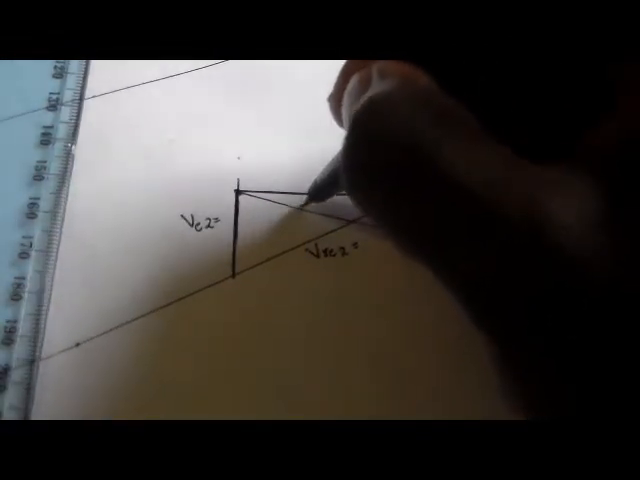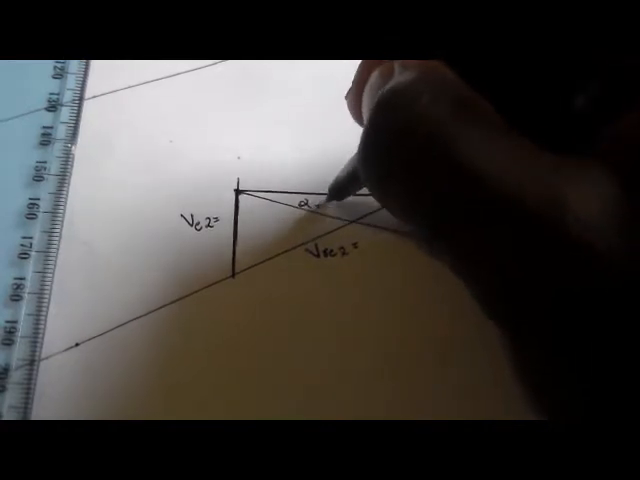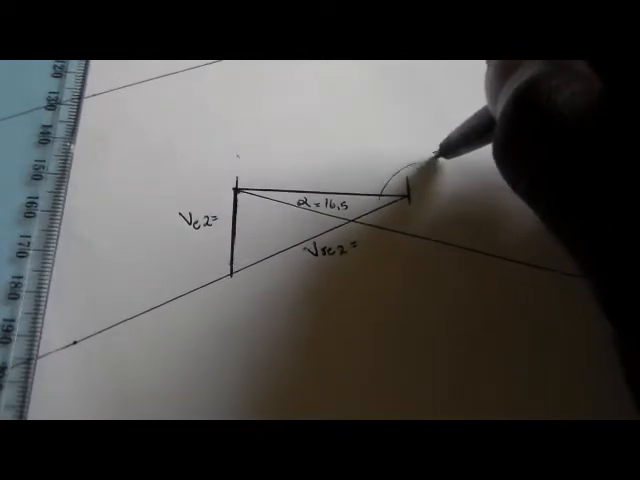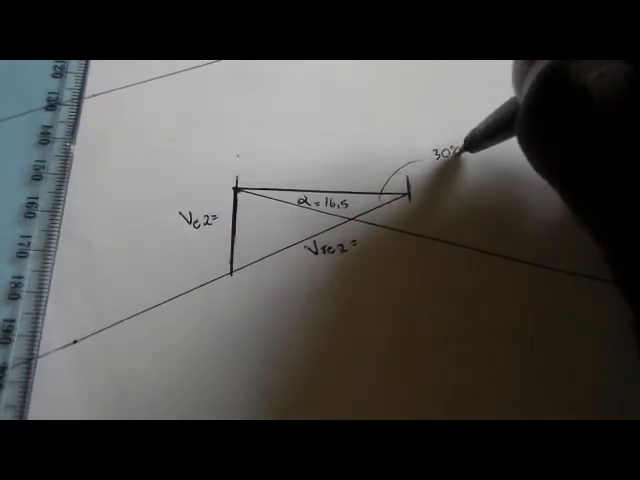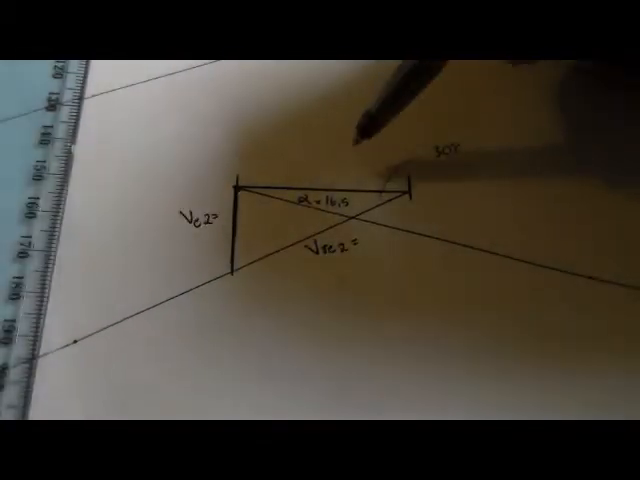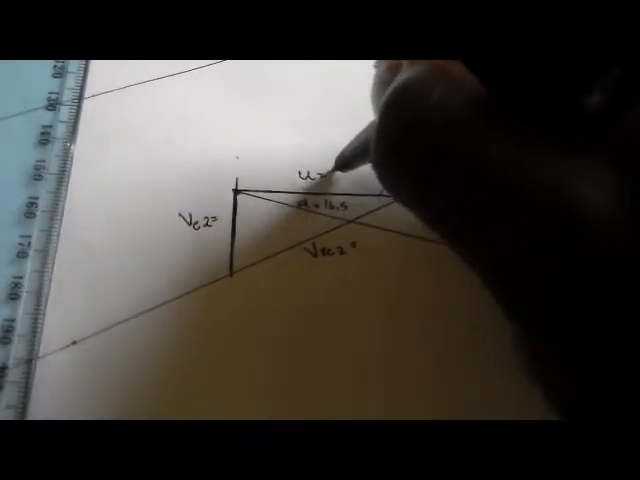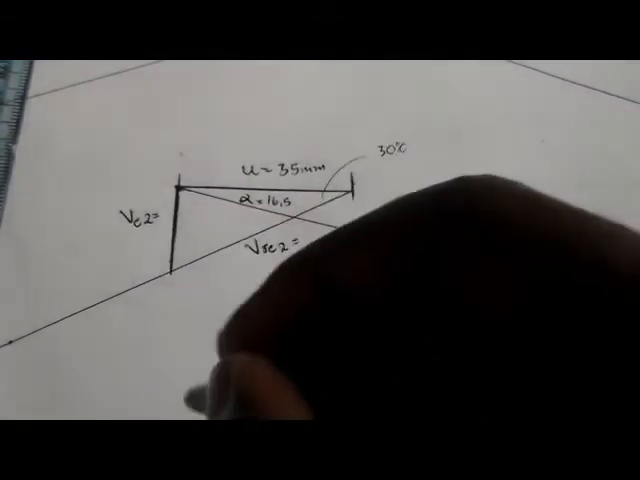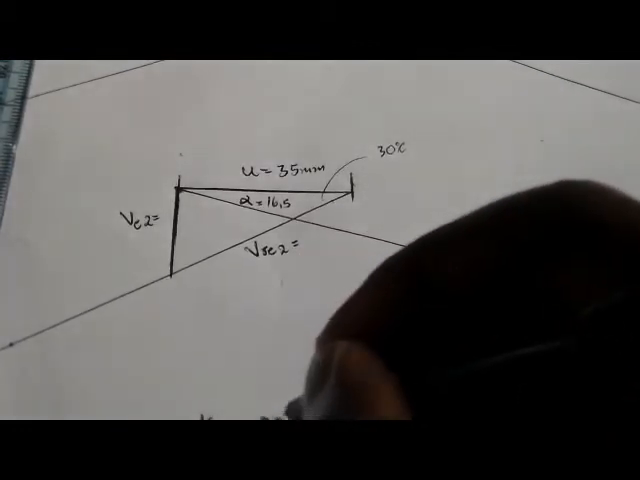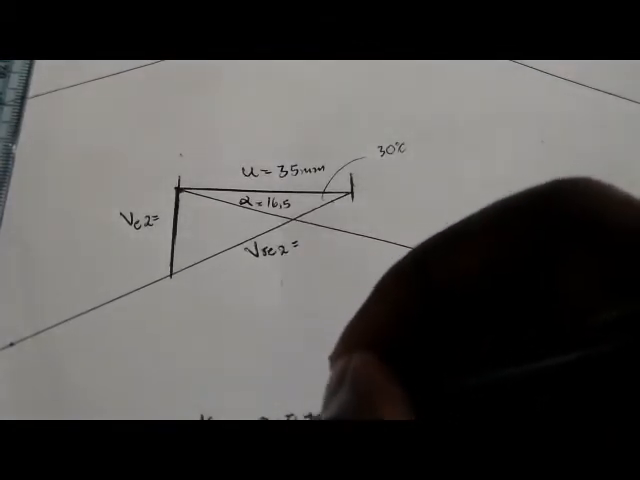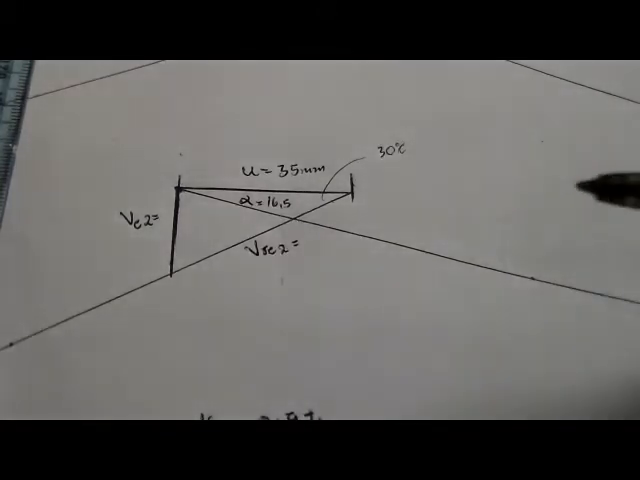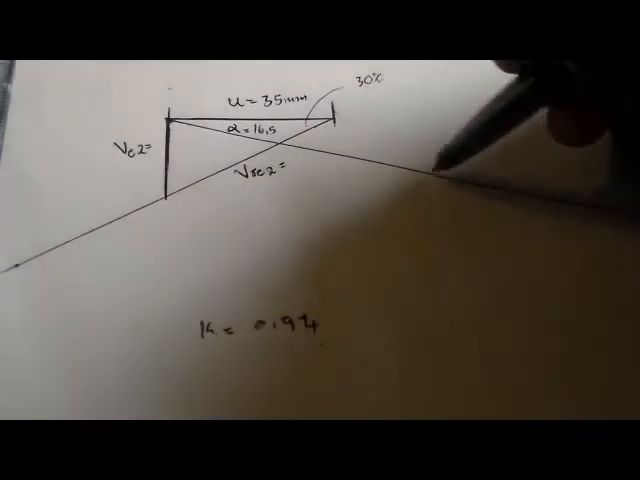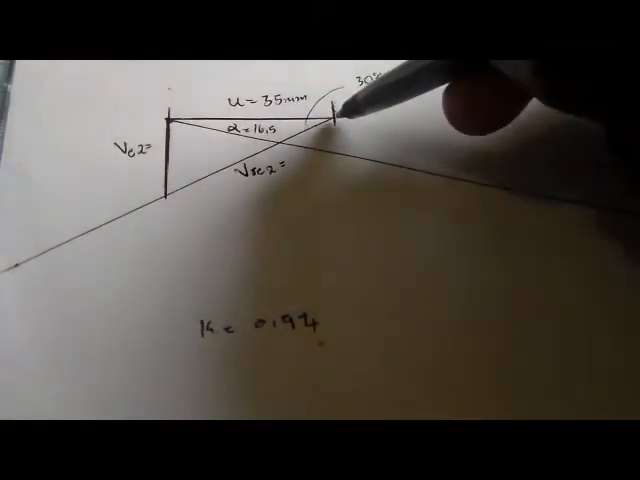Okay, the angle here, alpha, was given as 16.5, and even this one was given as 30 degrees. Then here, our initial velocity, we are given as 35 millimeters. And then remember the coefficient of friction, we say the coefficient of friction is 0.94. So if our coefficient is 0.94, to get this inlet velocity on